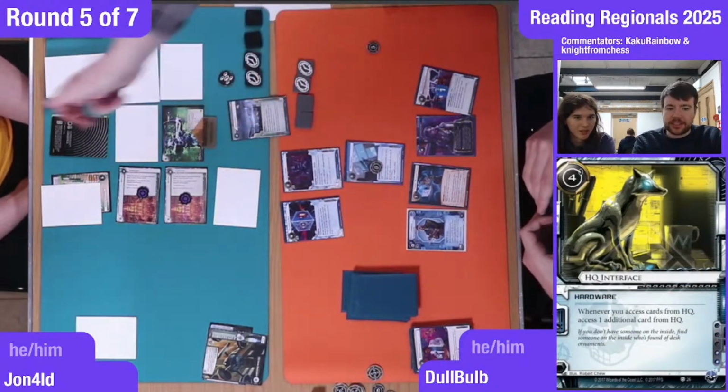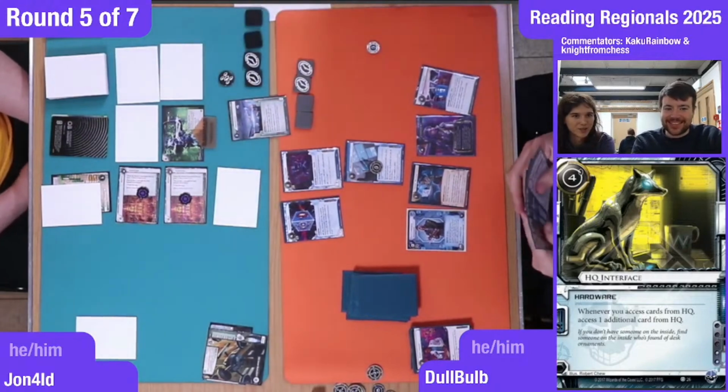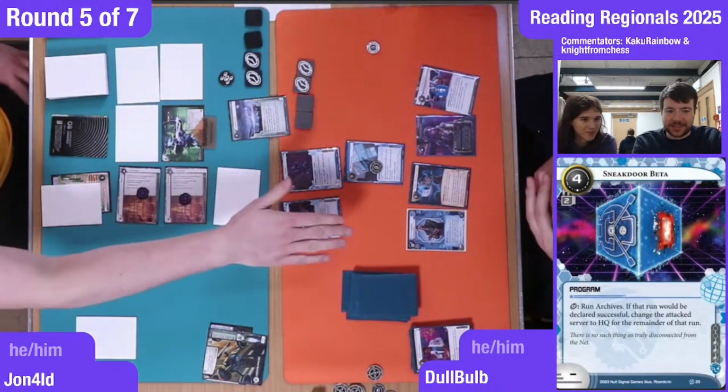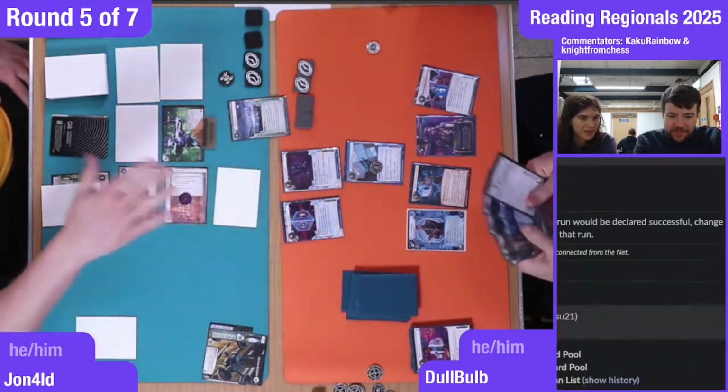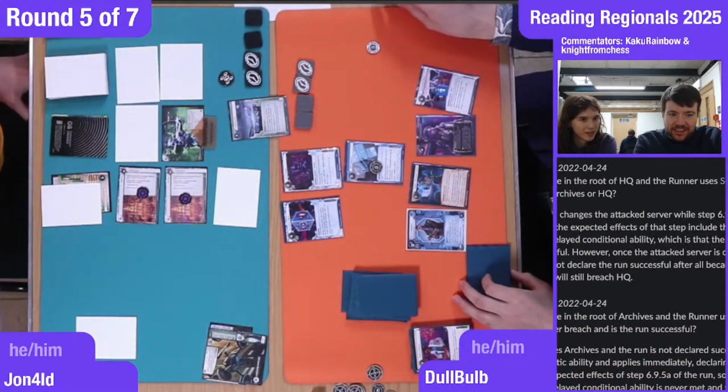Oh, okay. Oh, not this one. What am I doing? Sneak Door, that's the one. Bring back HQ and R&D interface. Do we have any nice rulings? Let's just roll down to the rulings. I'm sorry, you can't see this exactly. If it's...